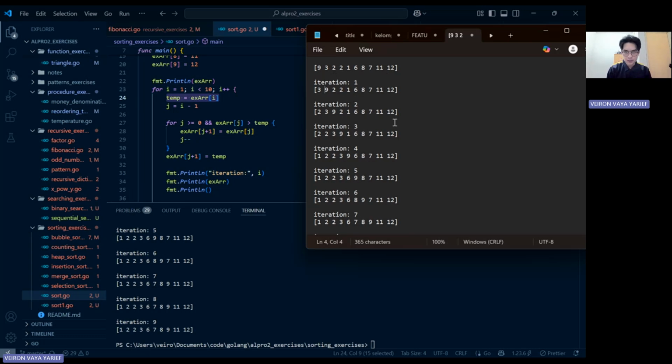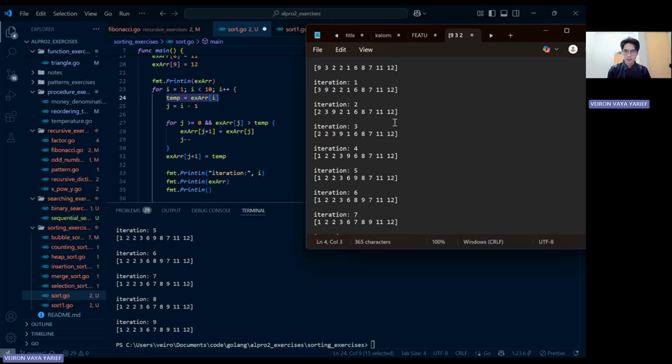And now we're gonna trace, because we already did index 1, and after that we start from index 2, which is here and has a value of 2. We compare it to the 9. Because 9 is larger, we overwrite the 2 with 9.